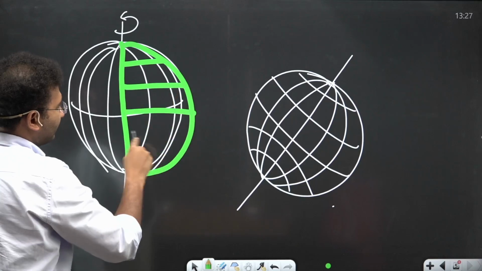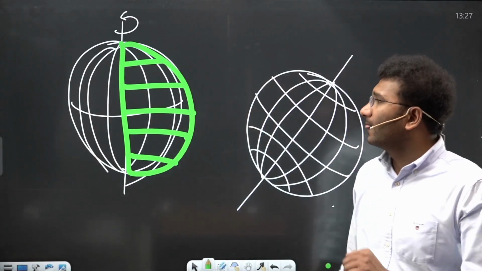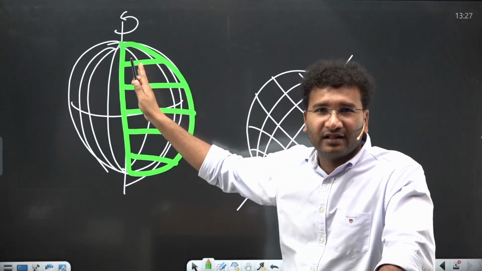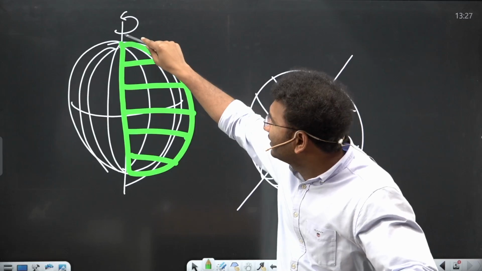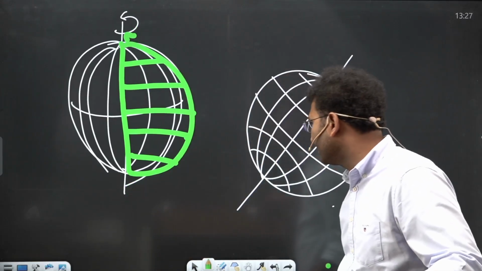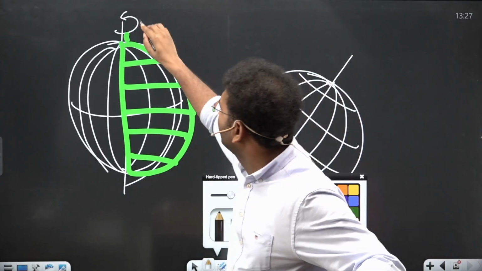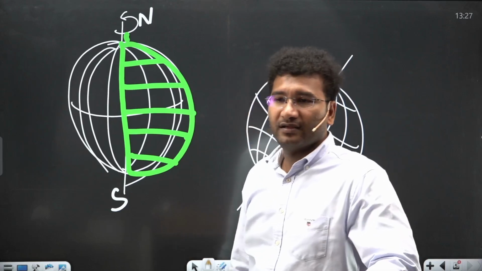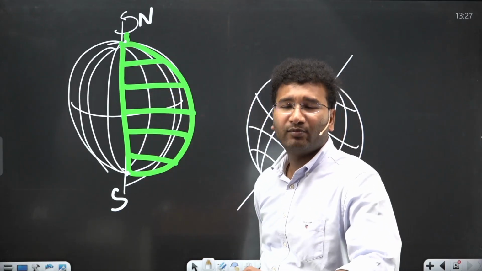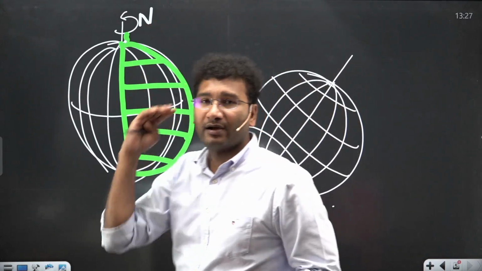This is the area of the sunlight and this is the area of the darkness. Had our earth been in a straight line in this manner, then our earth, that is North Pole and South Pole, would have seen both sunlight at the same time and darkness at the same time. Look here, this is North Pole and this is South Pole. That means here you could have seen the equal amount of light at North Pole and South Pole, but in reality our earth is not straight, our earth is actually